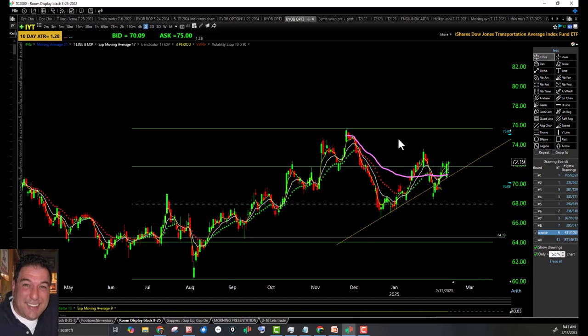You got 4 of the Fab 5 are bullish. I think even Diamond Dow, which is technically in a downtrend, but acting bullish. IWM kind of neutral. It's in an uptrend, but not acting bullish. All right, Diamond Dow is. IWM is not. Okay, so you've got the perfect storm or the perfect ingredients to make the new all-time high